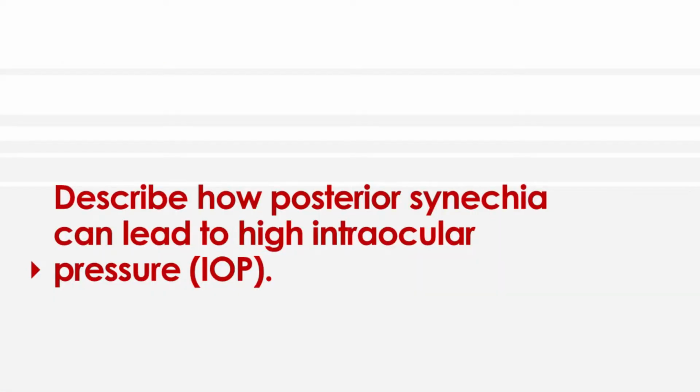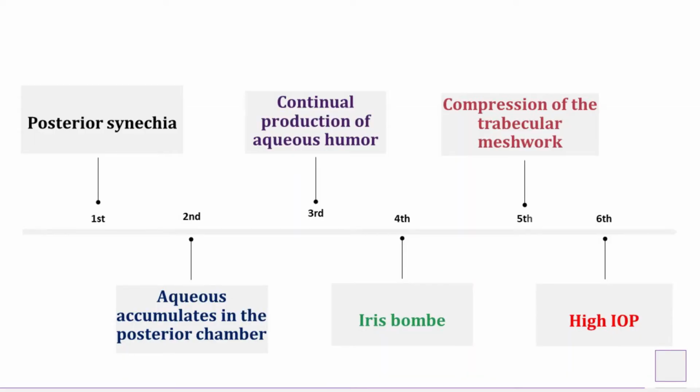Question 4. Describe how posterior synechia can lead to high intraocular pressure. Posterior synechia is the adherence of the iris to the anterior surface of the lens. If there is a posterior synechia that involves a large portion of the pupillary margin, this will cause aqueous humor to accumulate in the posterior chamber, that is the area between the iris and the lens. The continual production of the aqueous will cause the pressure in the posterior chamber to increase, which in turn causes